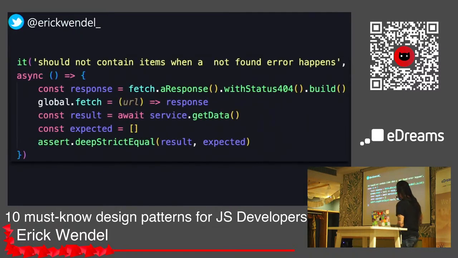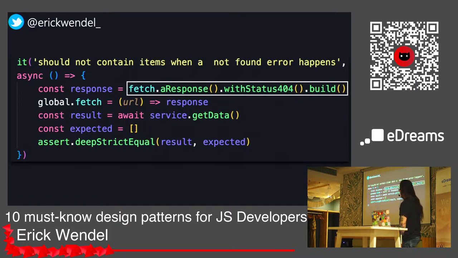When we see this in practice, see how beautiful it is. A response with status 404 and dot build. Exactly what I wanted. So you can have someone working with people from product or business building all those different statuses for your object, and then you can just call and reuse this, right? And the cool thing about JavaScript, you can use this in both backend and frontend, which is completely controversial now, right? What is backend and frontend?